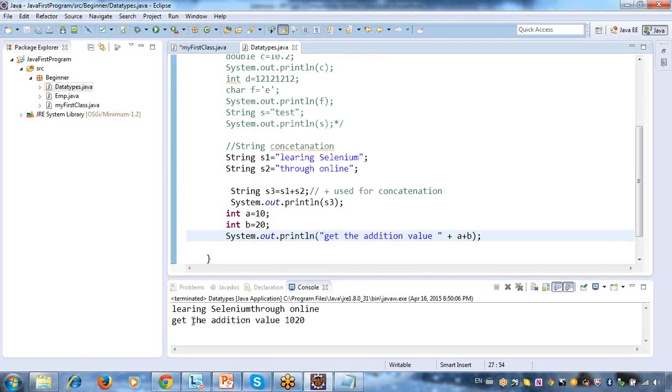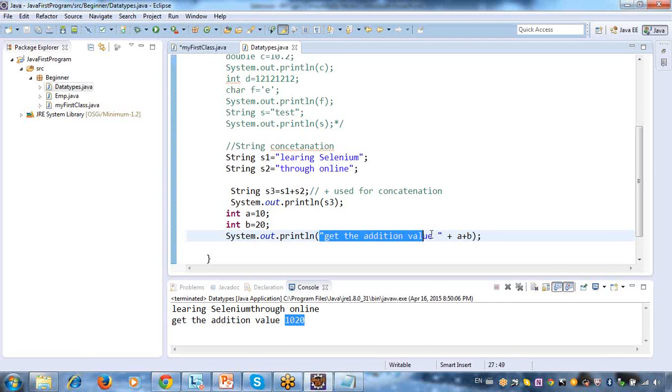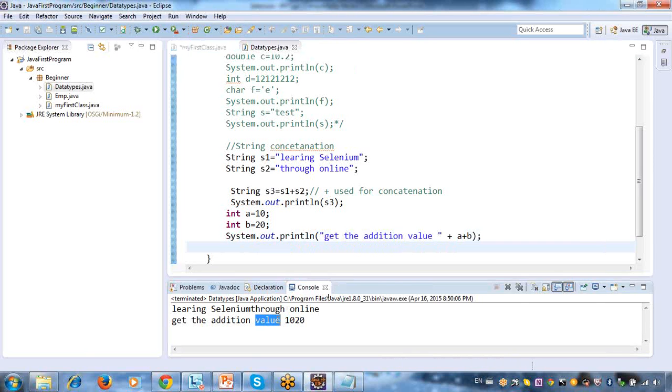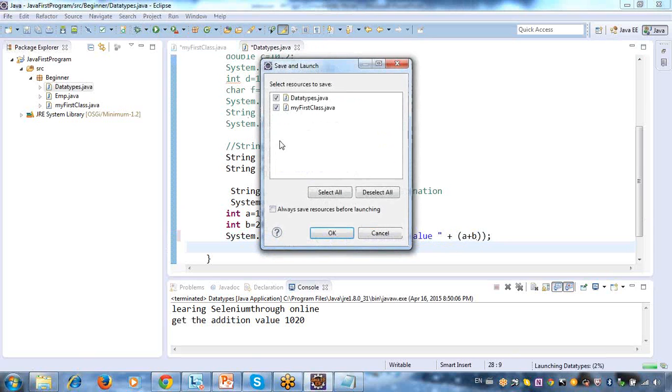See what is happening? Get the addition value is equal to 10 plus 20. The reason is this is a string, and you are trying to use your plus. When you use plus, it will be considered as concatenation. Concatenation means it will append like this. Now what you have to do in this kind of situation is just put your brackets, then it will consider this as an integer and it will print a proper value now.